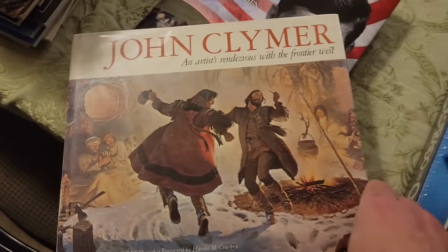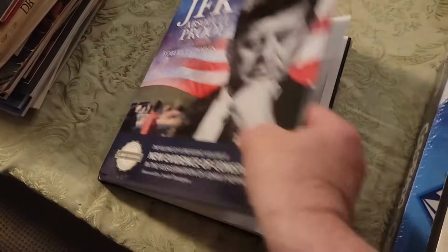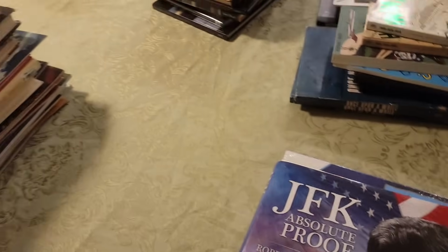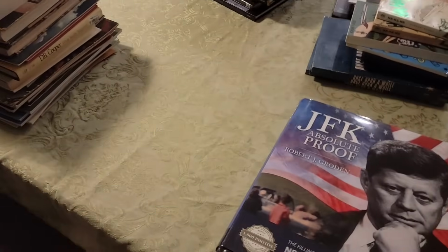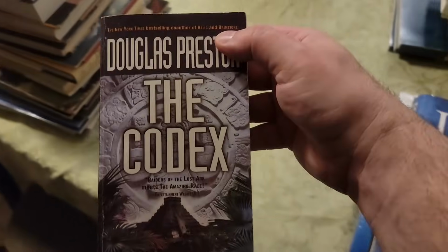John Clymer, an artist rendezvous with the Frontier West. Okay. JFK, Absolute Proof. I don't know why we've collected these books over the years. Most of this is K-Pro stuff, actually. So when you tell me what you're interested in, I will get with K-Pro. We'll figure it out. And, of course, we have some Douglas Preston books, the Codex,